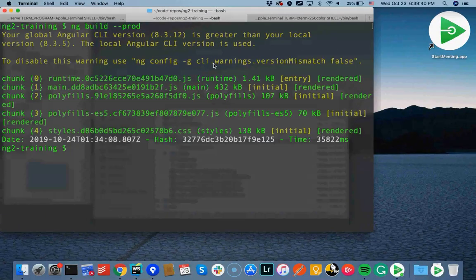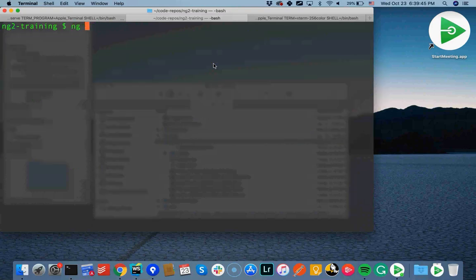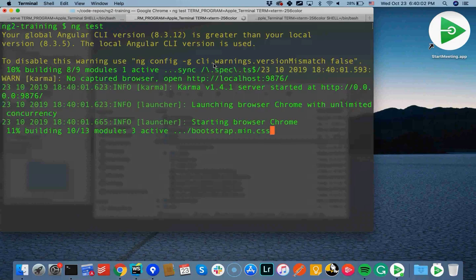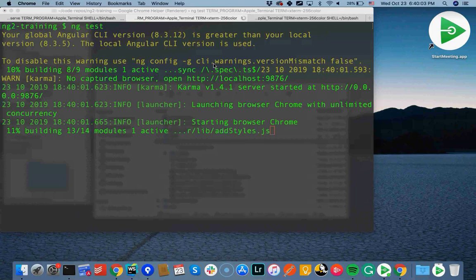If I want to run my tests, I just go here and I run ng test. And just like ng serve, this is going to find all of my unit tests, compile them, open the test reports live, and show what's going on. And you get that just with the basic install of the framework. No need to set up anything else.